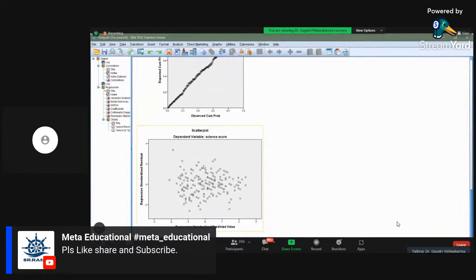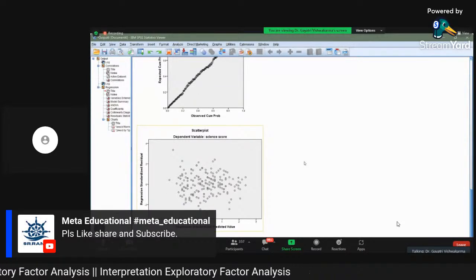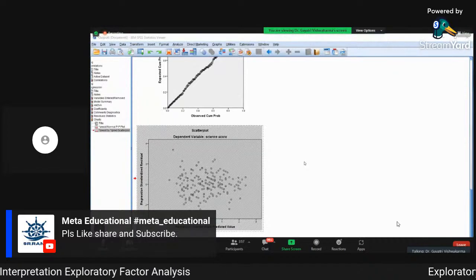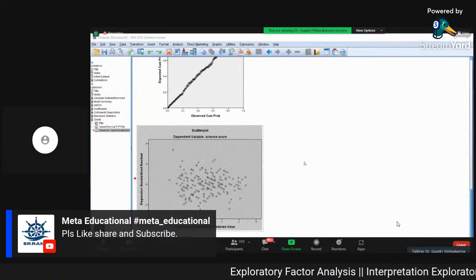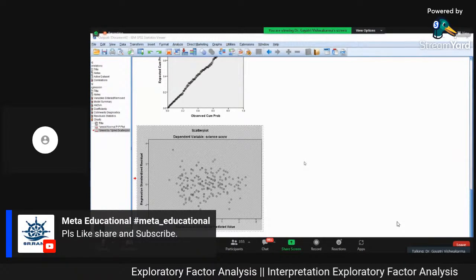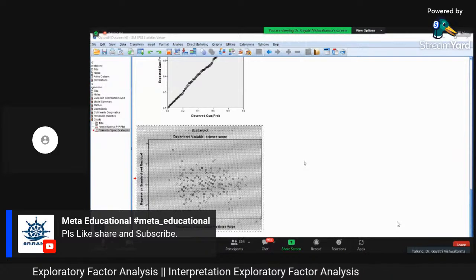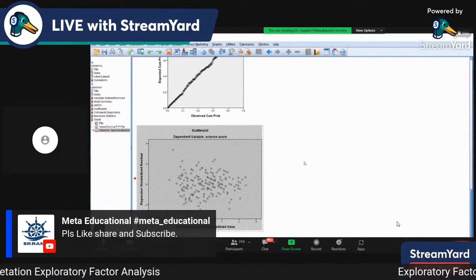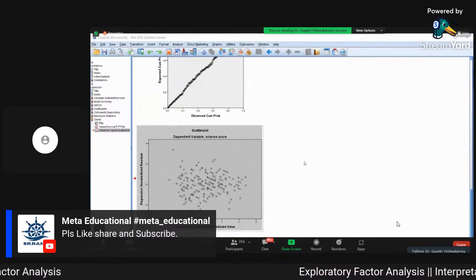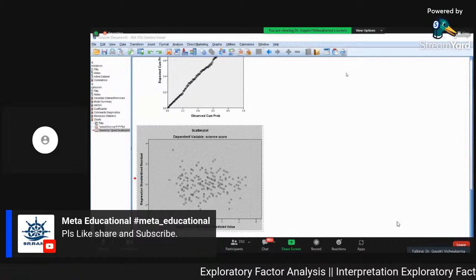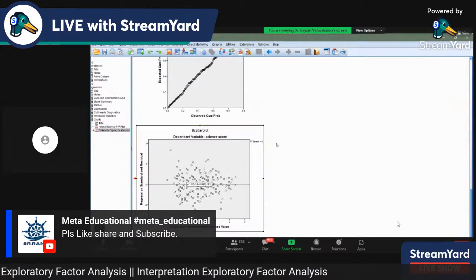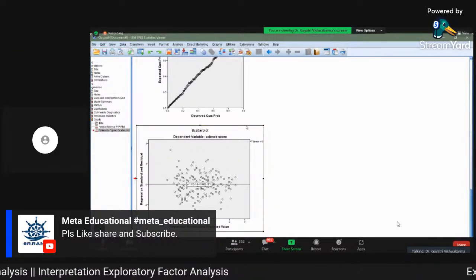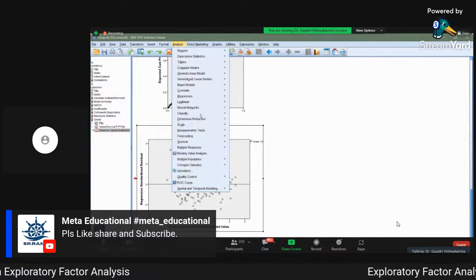Even if you see this graph, what you can do is double click on the scatter plot and put the regression line here, okay, and then see there is no heteroscedasticity, equally almost, except one or two outliers. So that also can be seen. Outliers, if you can remove one of the outliers, it will be completely okay. But for one or two, we can just go with this. So all the criteria are matching, and then we can go with the regression analysis.